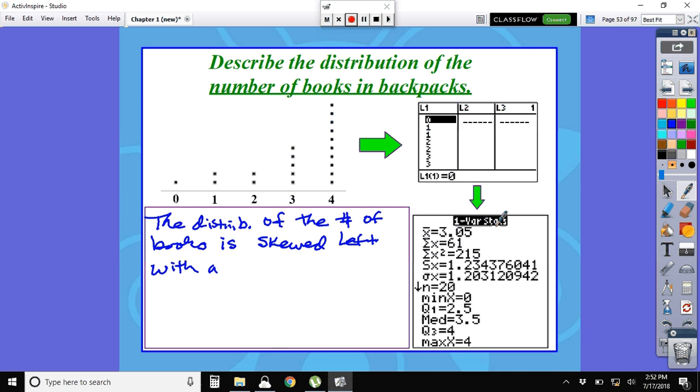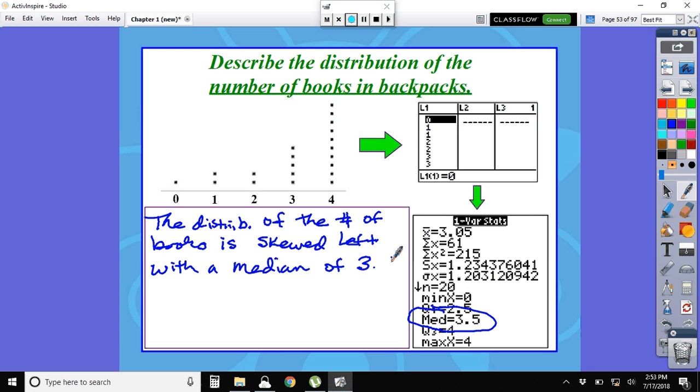And then I did some one variable statistics like I did back in video 2. So in all of this, here's the median, 3.5. Again, I'm not going to say with a center of 3.5, because then am I talking mean or median? You might say, well, it's obvious, it's the median here. The mean is 3.05. True, but the person reading this may not see all of this information here. So how do they know if you're talking mean or median? So just be specific. So with a median